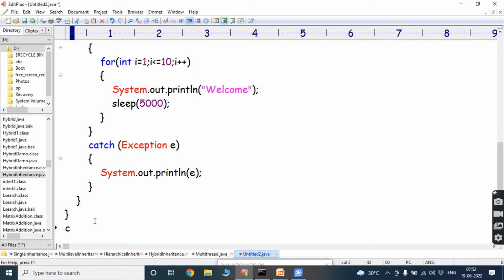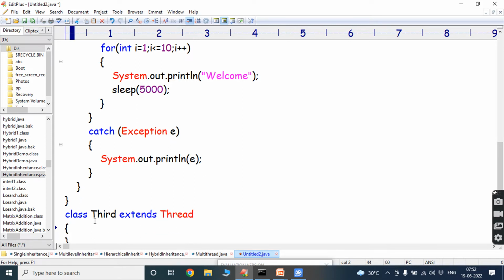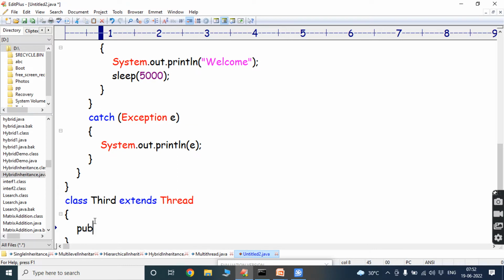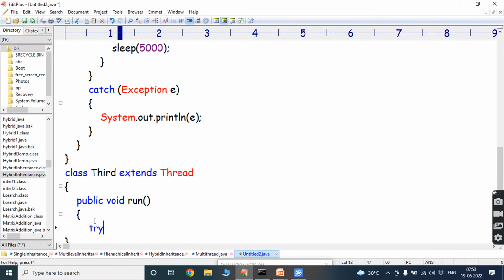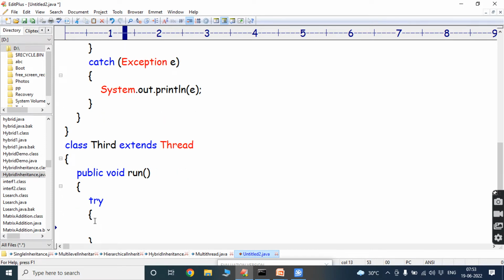Next, we have to create another class, that is the third class, extends thread class. So the third class is inheriting the properties from the thread class. Now we have to write the run method for the third thread, public void run. In that run method, we have to write the try and catch blocks. In that try block,